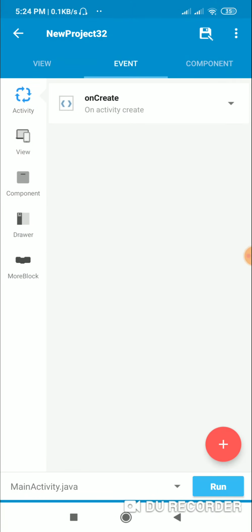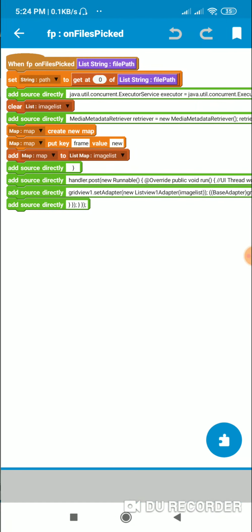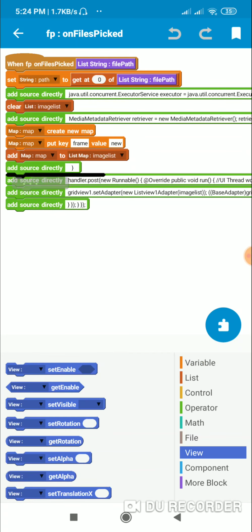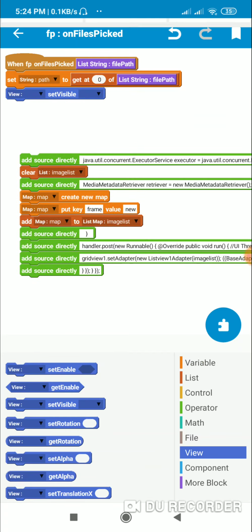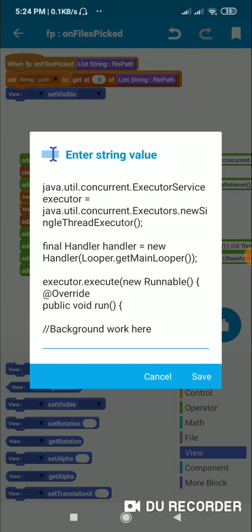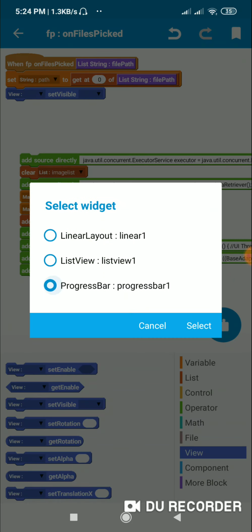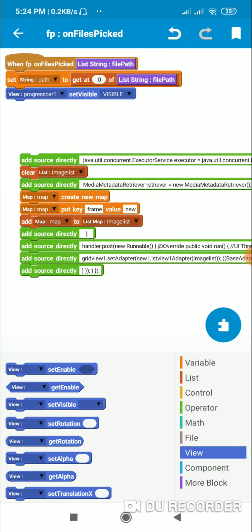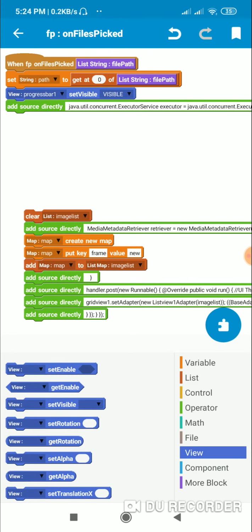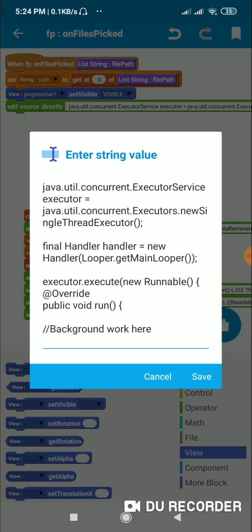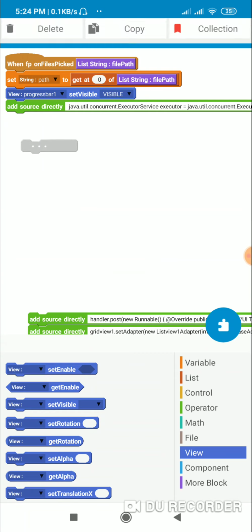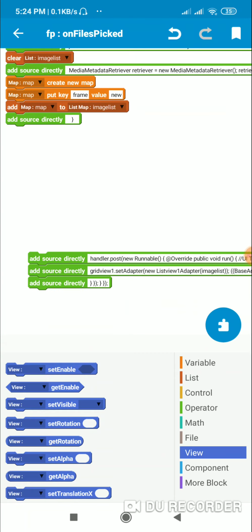Now before executing the task I will make this progress bar visible. So before this code I will make progressbar1 visible, then I will put the executor code, executor.execute, and then I will put the code to be executed in background.